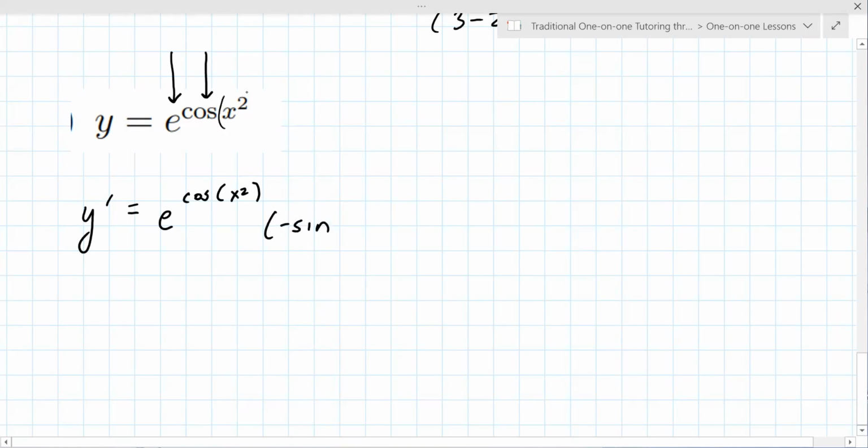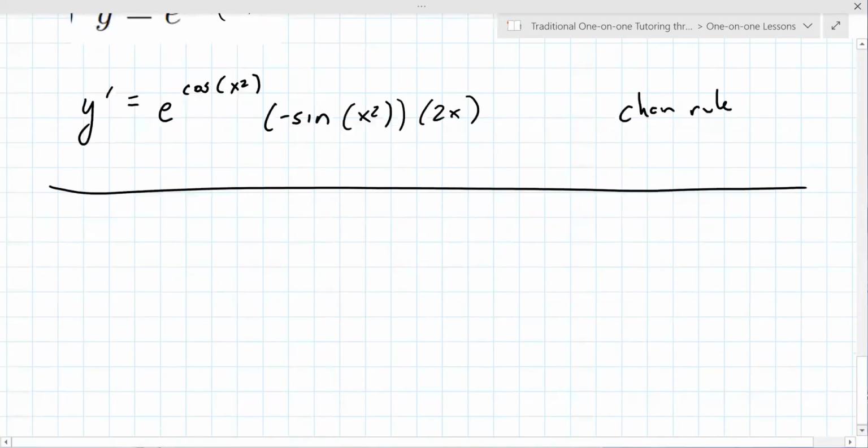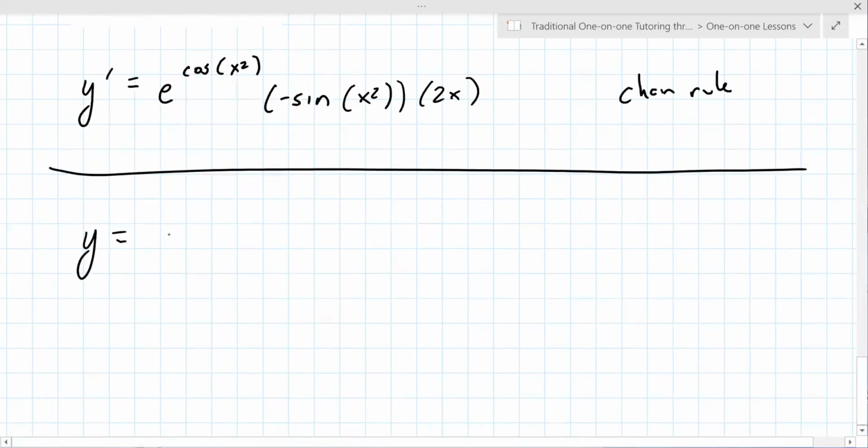The thing that I think gets unclear is that you continue to keep the inside part. In this case, the inside part is x squared. And then you multiply by 2x, right? Yes. Okay, so this is not a product rule one then. This is chain rule. Product rule you've got done for now. If I very slightly change the problem, y equals sine e to the x squared,